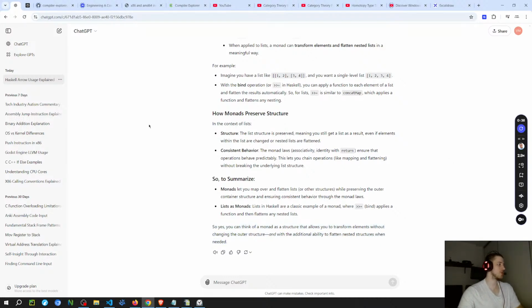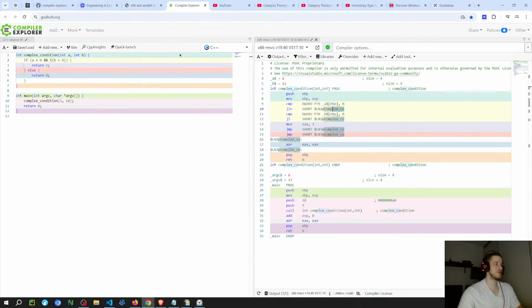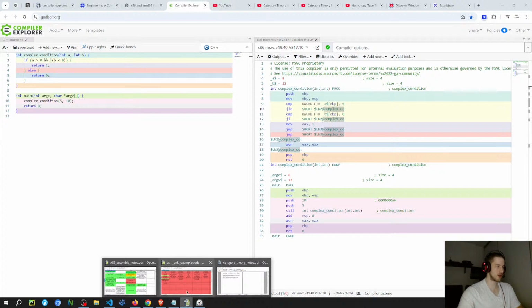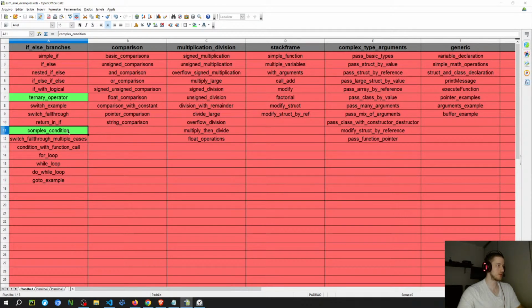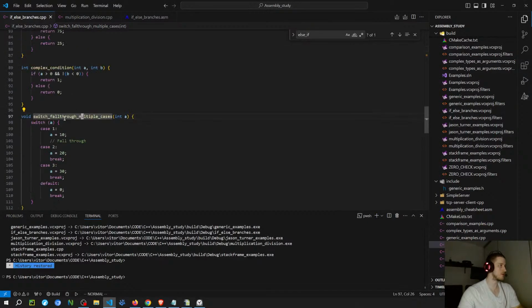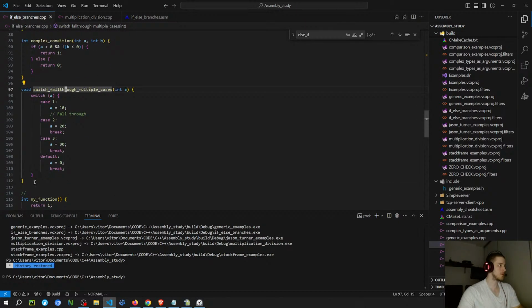So I'm just gonna watch, not watch, I'm gonna study the assembly examples now. And I decided to put these two ones already. I'm only gonna translate to Enki when I have all of them, but I think these two examples. So I'm thinking about getting at least one. I don't remember if I did the switch fall through, so I'm gonna do the switch fall through now. Yeah, I think it was the next one that I was gonna do. So I think it's probably a good idea to get one example of each thing.